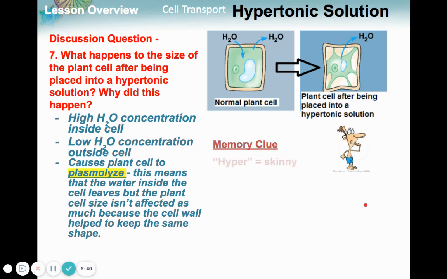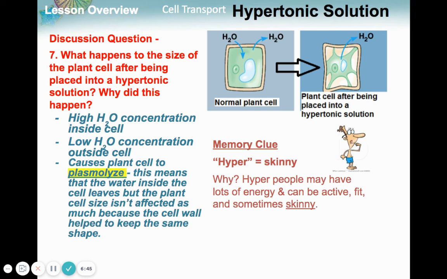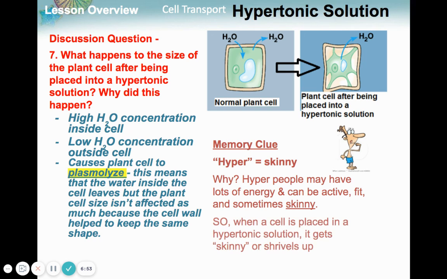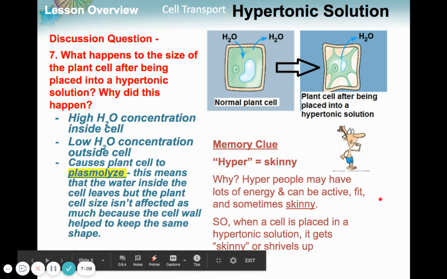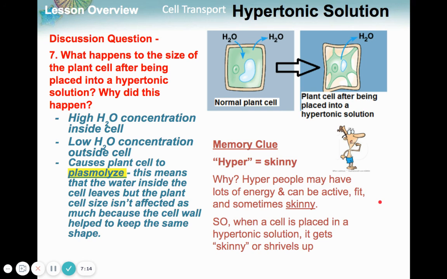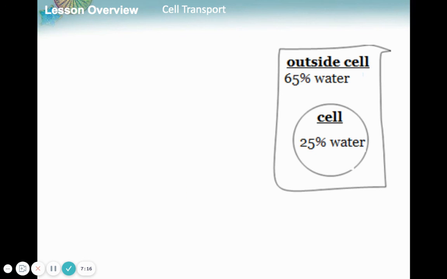So what's our memory clue for a hypertonic solution? Think hyper, skinny. Why? Because think about hyper people. They have lots of energy and they are active, fit, and they are sometimes skinny. So when a cell is placed in a hypertonic solution, what will happen to it? It gets skinny or it shrivels up. So hypertonic, hyper people, they exercise, they get fit, they get skinny. That's what will happen to your cell if you drop it into some sort of hypertonic solution or if it ends up in a hypertonic solution in the body. How would we tackle